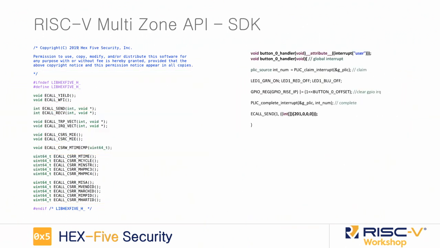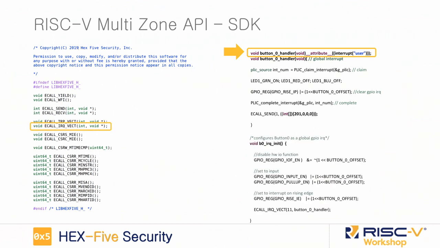And so here is how you put together a piece of software. This is actual software. This is something that's already built into the new GCC. It's the user mode for interrupts. Nothing special. You're familiar with this. This is your interrupt handler. Whatever the logic is, here you press a button, it turns on the light. But this is the idea, right? How you actually get this working: you have some initialization routine in your main or whatever, and you just register this interrupt. You say, the button 0 interrupt handler, which is an interrupt in user mode, is associated to interrupt number 11. 11 is the external interrupt for people who are familiar with this.